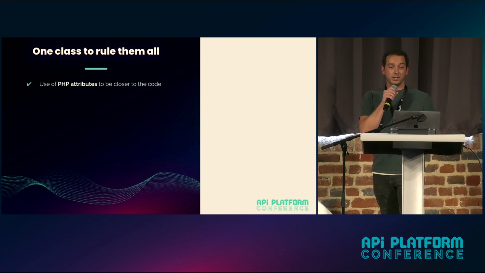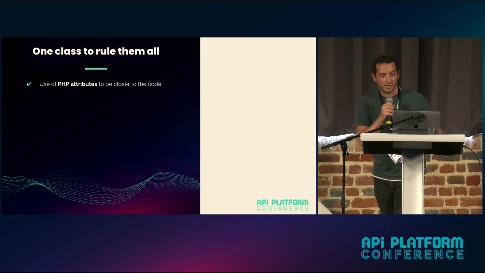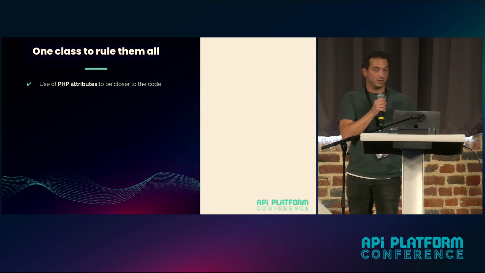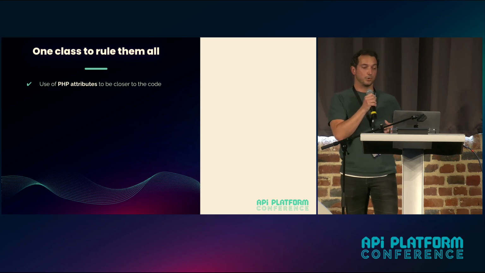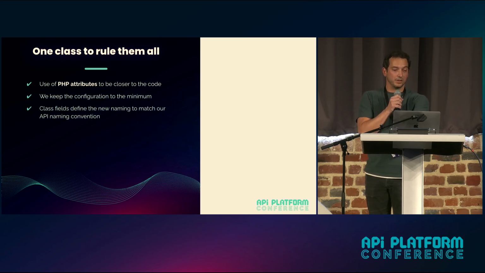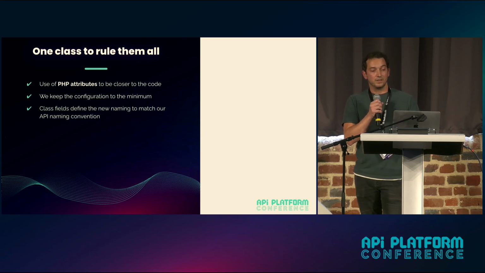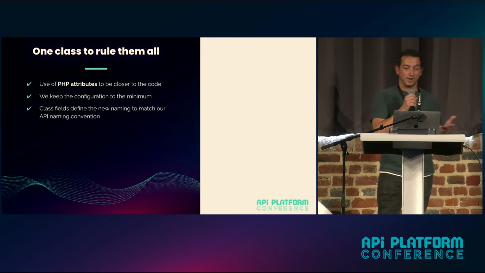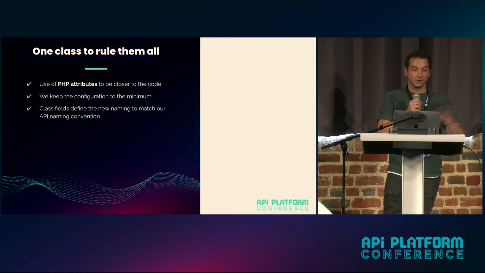So how do we implement all this? We really like the approach of API Platform because everything is in one class, and for our contributors, it's easier to contribute. You don't need to mix everything in multiple config files. So it's just one class to rule them all. You can use PHP attributes, which keep everything centered inside the class field. We also took the opportunity to create this new class to improve the naming of our entities, because the CQRS naming was sometimes kind of mixed up.